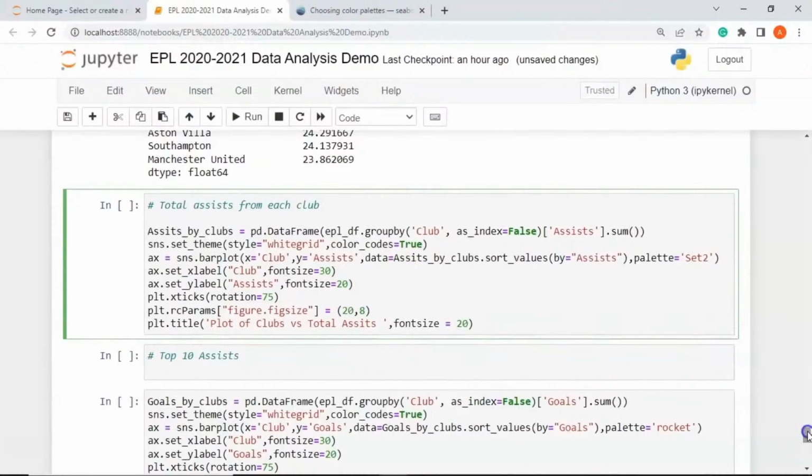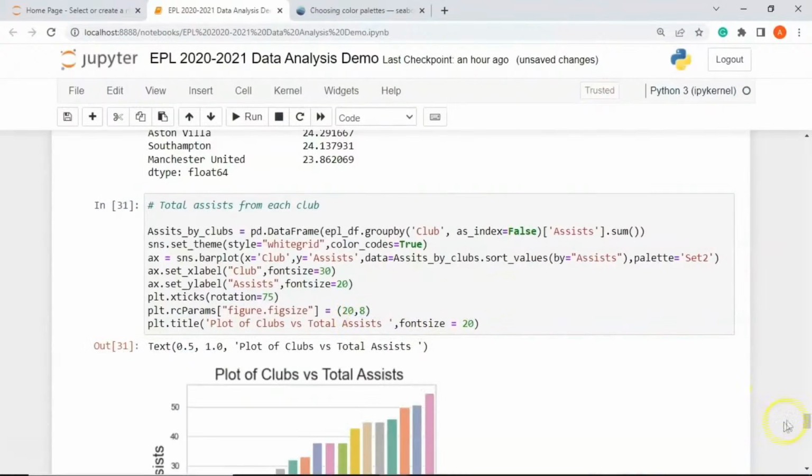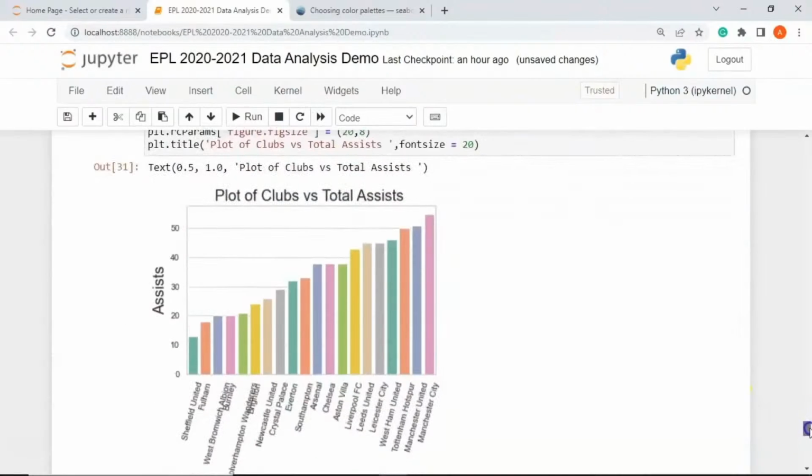Then I'm setting the color palette. We have an X label, we have a Y label, we have the font size for the labels. I'm going to rotate the x-axis labels by 75 degrees. We have the figure size set, and the title as plot of clubs versus the total. This should be assists. Let me run it, and you can see here we have the total number of assists